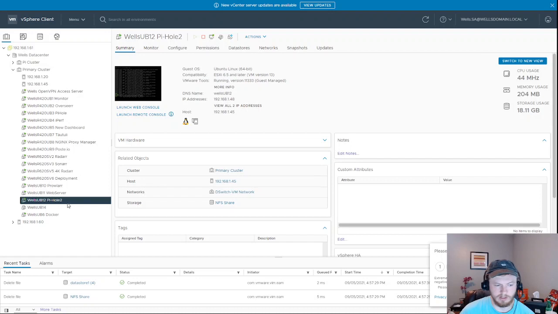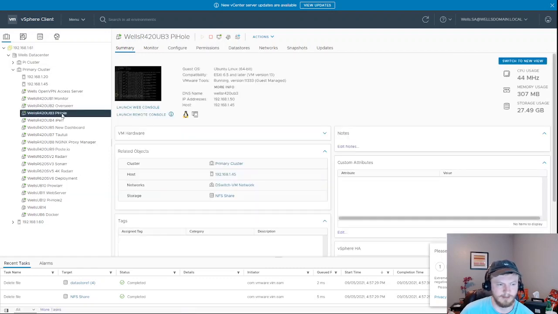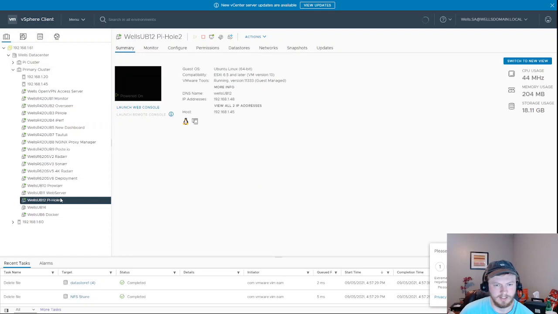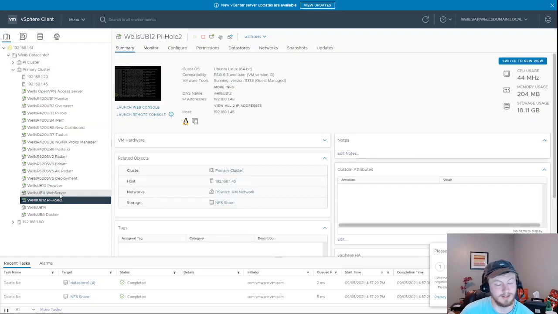Next I have my Pi-hole 2, which is my secondary Pi-hole server. Now this is set up on a different host. As you see, this first Pi-hole is set up on my R420, and this one, actually it looks like it's also set up on my R420, so I'll have to migrate that over to my R620, which is a great